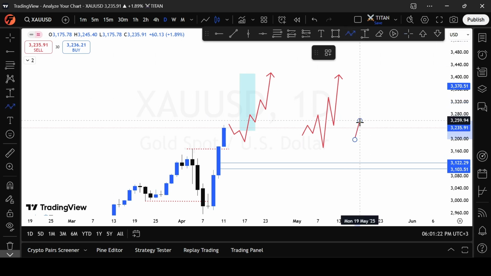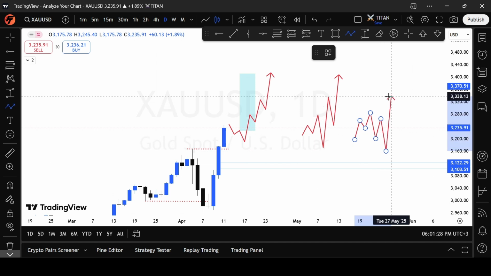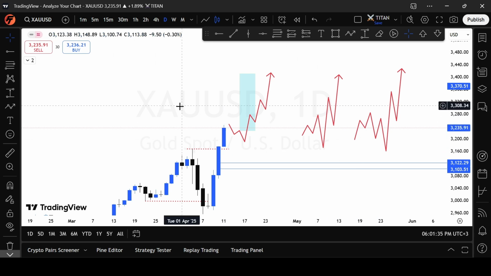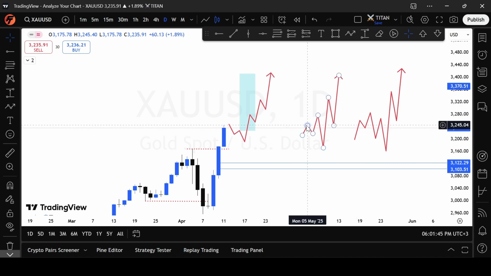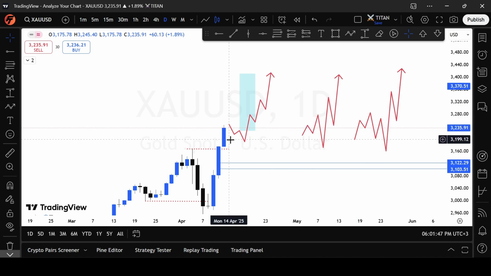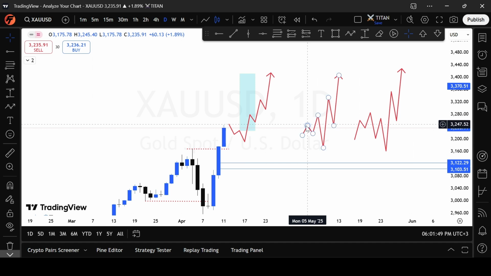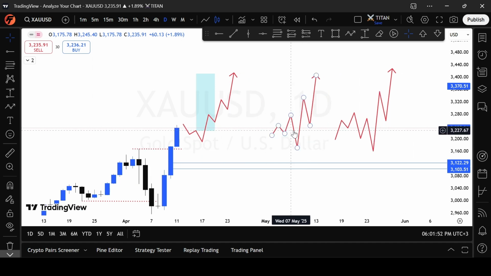I spot them on the lower time frames. And for gold, the execution time frames for me are the 5 minute and the 1 minute time frame. And this is what I tend to look for. An area where, for this case, since I'm bullish, I expect to see